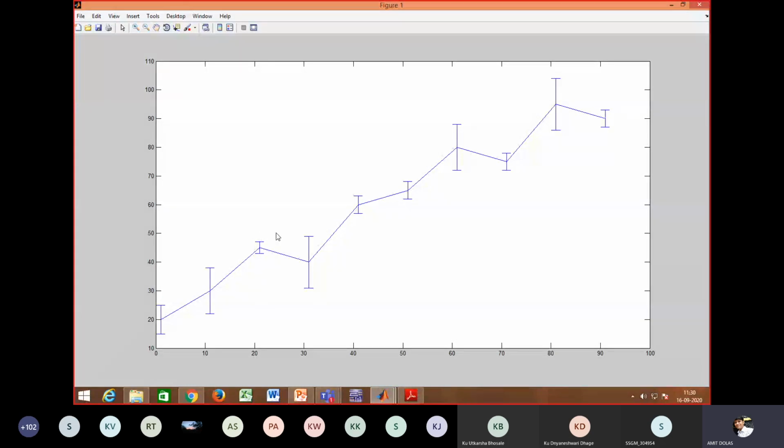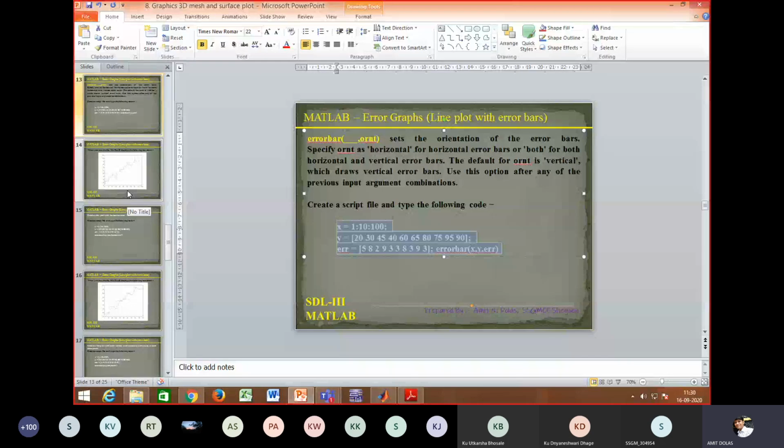I'm moving the cursor there. So this is how, if the system is performing on different data, at which particular point the error is minimum and at which point the error is maximum can be directly observed in the graph, and accordingly we may take a decision to change the system or make changes to it. Now here verticals are there, so we obtain a graph like this.